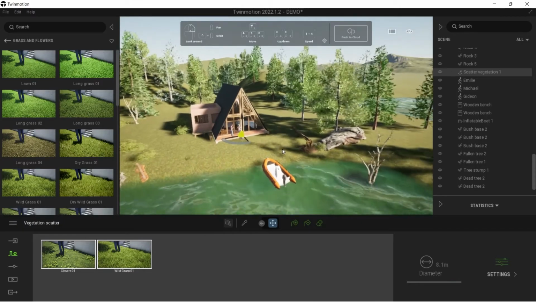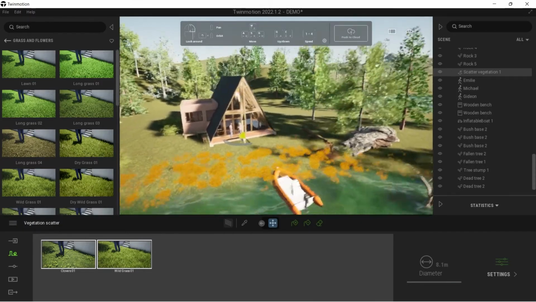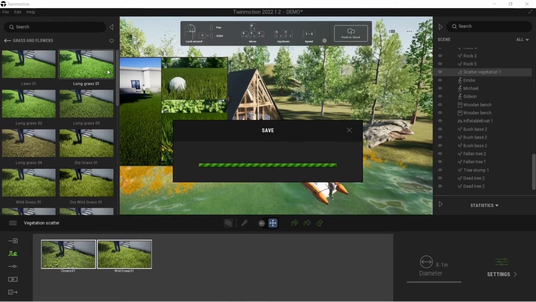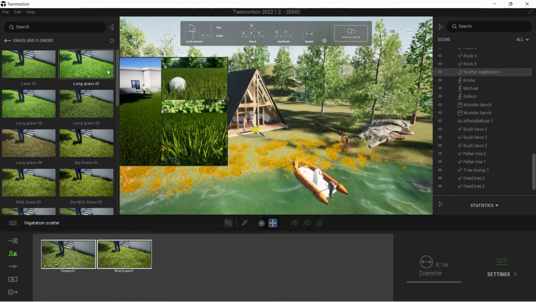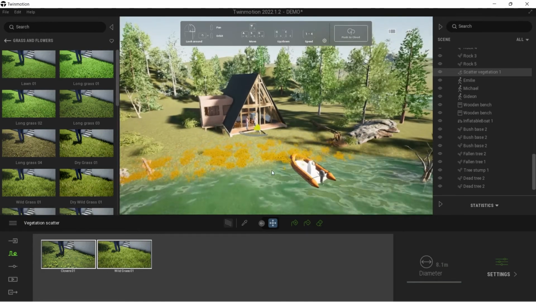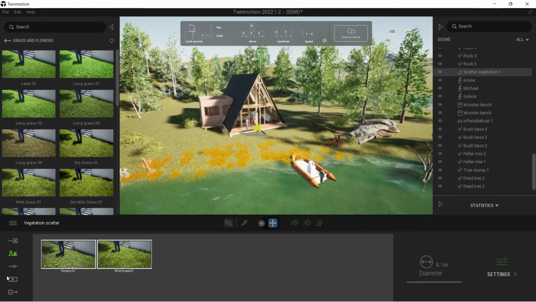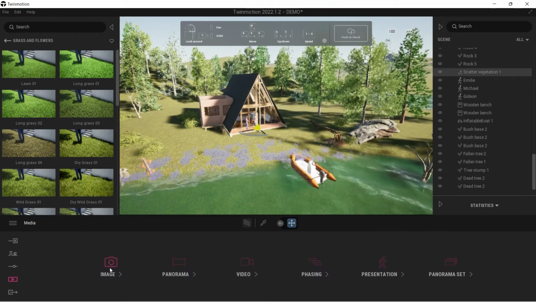So yeah, this is the process. Here you can use your imagination and create the scene that you want, okay? So now we have this composition, and let's start creating the scenes that we want to export, okay? So to do that, we will use this button here, the media button, and here we can create images,